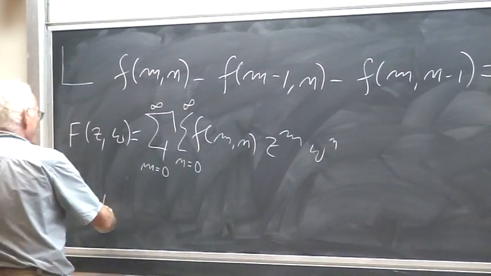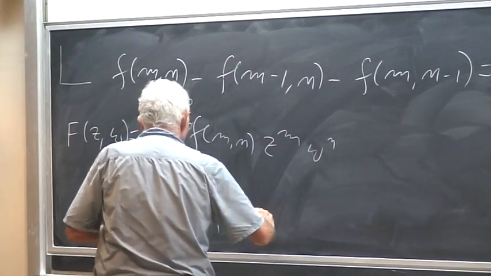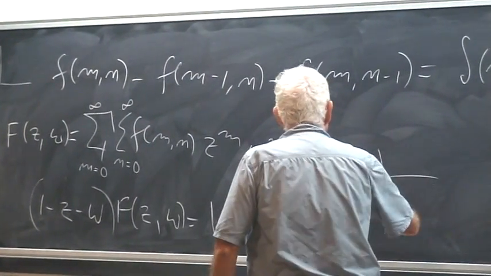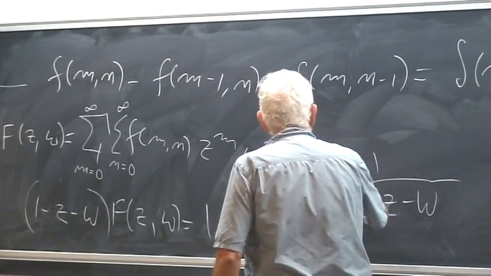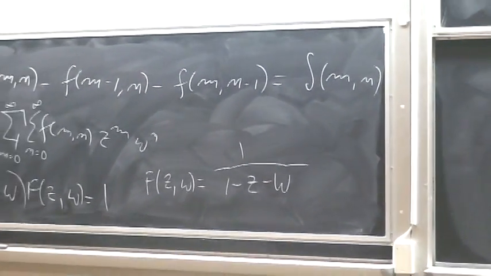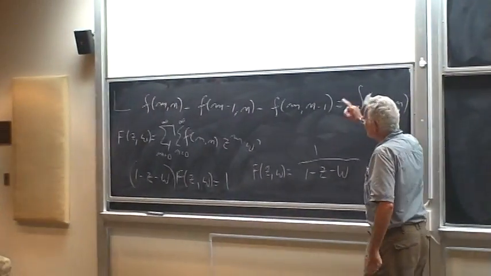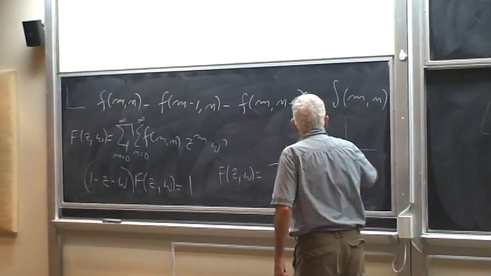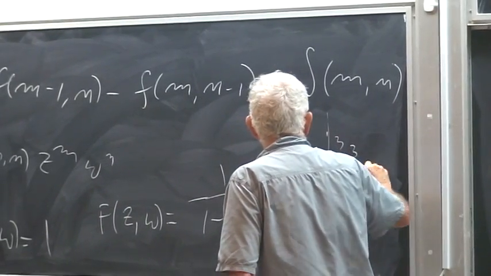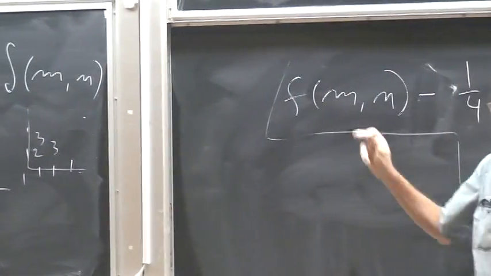This means that 1 minus z minus w times f of zw equals 1. So you can do the simple algebra and then do Taylor expansion. And Maple can do it very well, although in this case you don't even need Maple. And you get the binomial, the Pascal's triangle. So you can always construct such a fundamental solution. So 1, 1, 1, 2, 1, 1, 3, 3. It's basically Pascal's triangle this way. That's a fundamental solution for this operator.